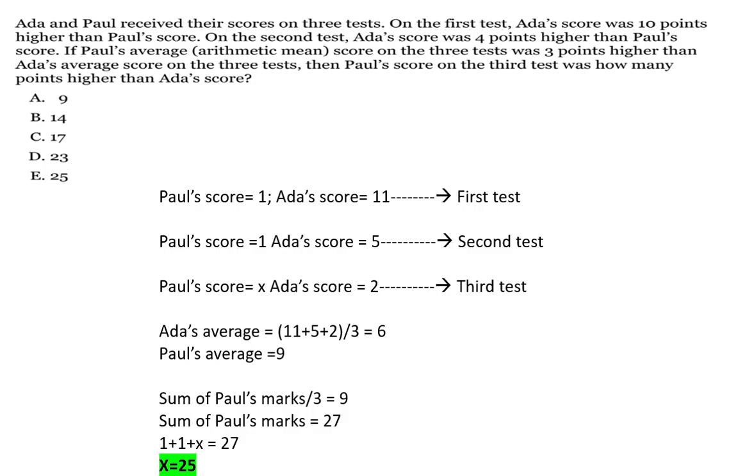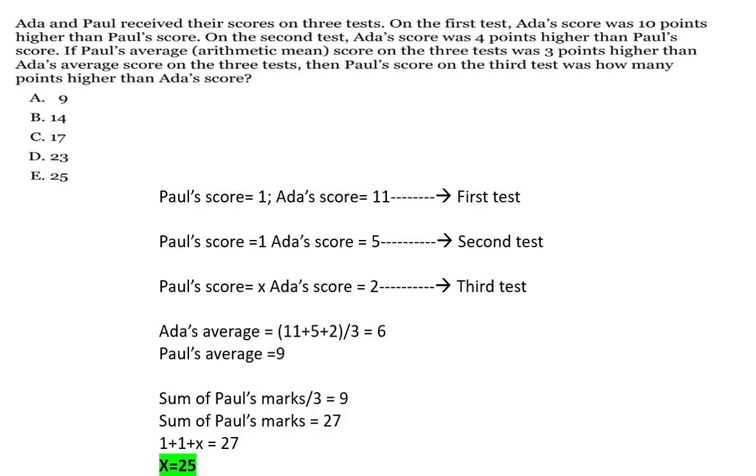The reason is because the average of whatever comes of Ada's score, 3 points higher than that will be Paul's average. So I'm presuming here Ada's score in the third test was 2. Now, there is a reason why I've chosen 2, because 11 plus 5 is 16. So, if I take Ada's score in the third test as 2, then the average of the 3 would result in a whole number. So, apparently, it's 11 plus 5 plus 2 divided by 3, which is 18 by 3,